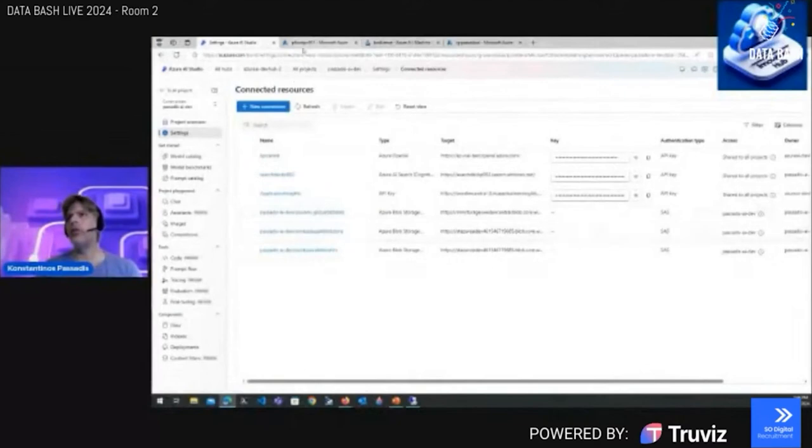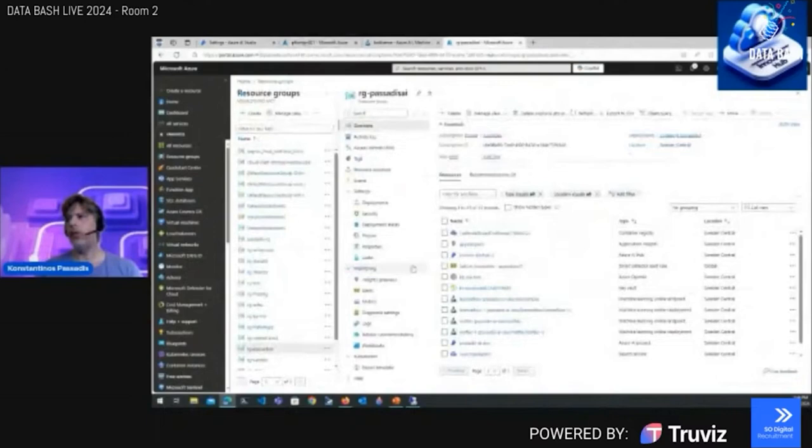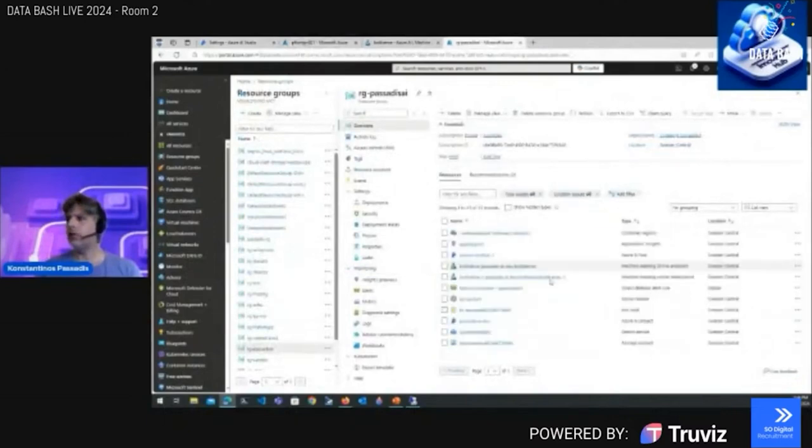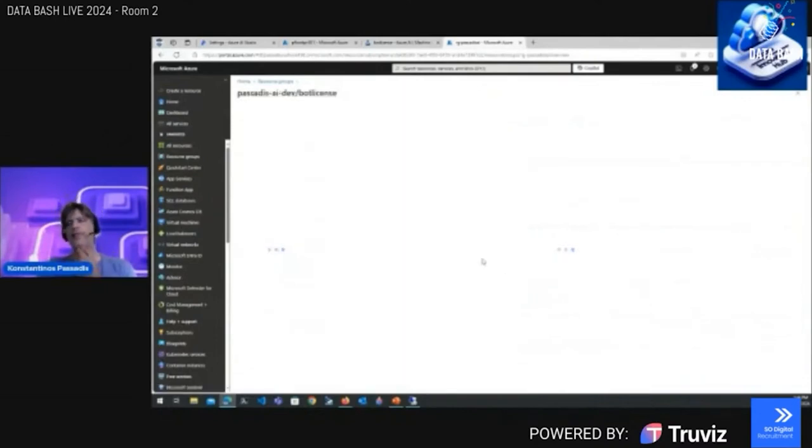So if you go to the resource group, now you're going to see, refresh here, we're going to see here, we have a new resource created that is a machine learning online endpoint, and we have the machine learning online deployment. If I click here on the endpoint